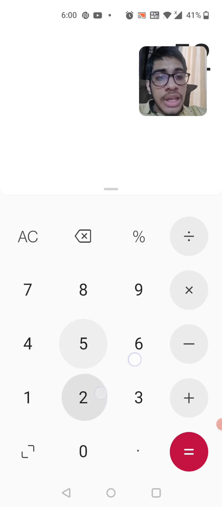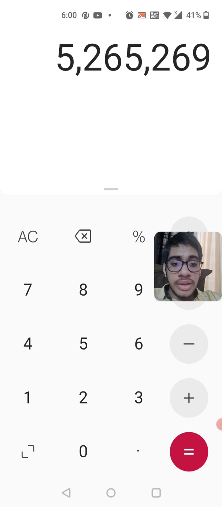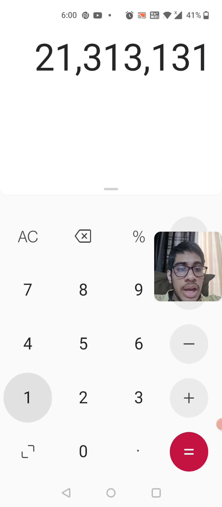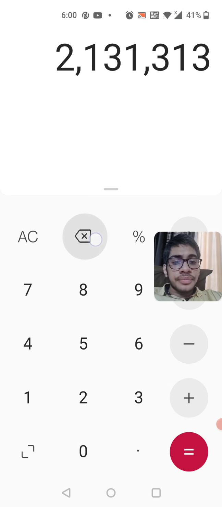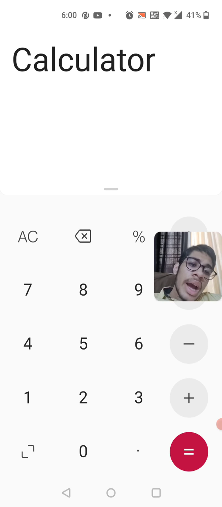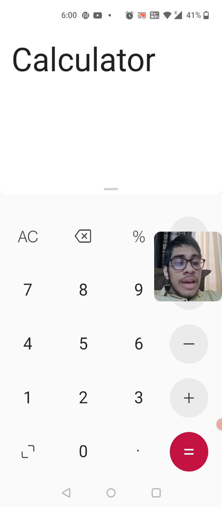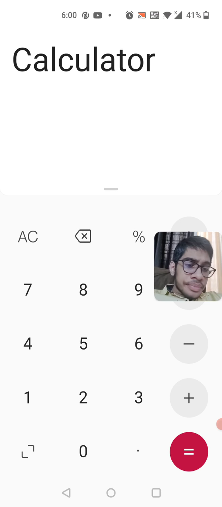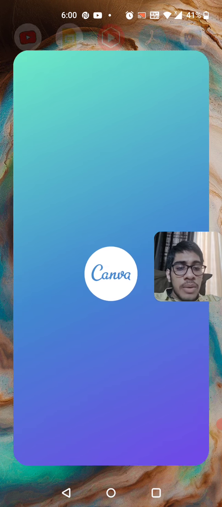How can we make these buttons, 1, 2 and all that? How can we design this? So GUI is working behind this. From every simple application to a very complex application, you have GUI working with it.